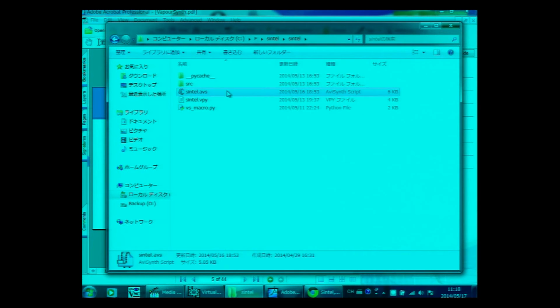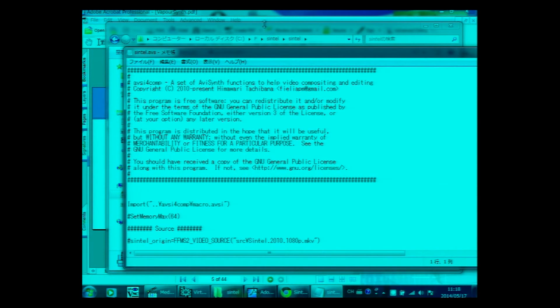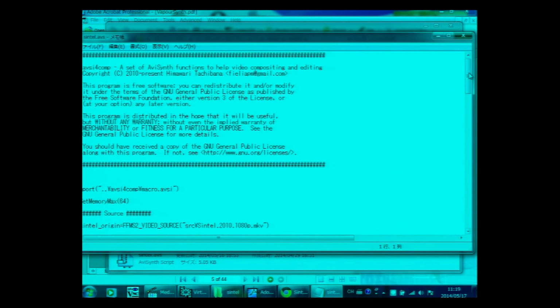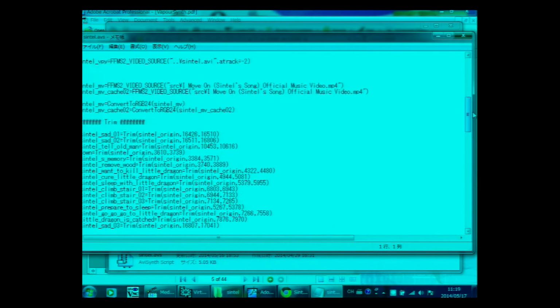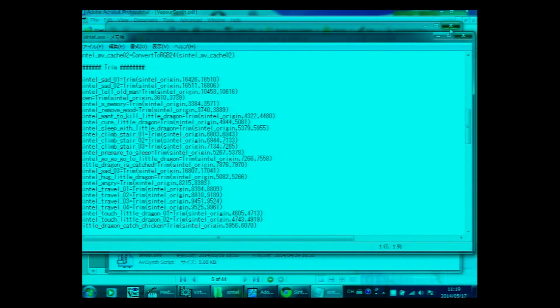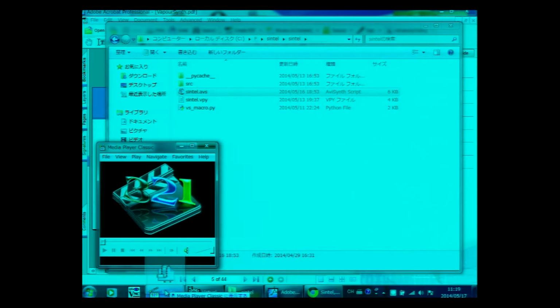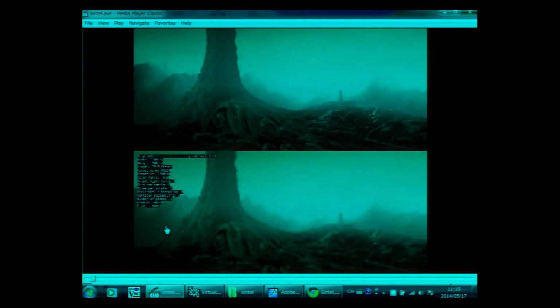There is a script named Syntel.avs, and its content just looks like this. So we drag it into Media Player Classic. Okay, you will see a video.